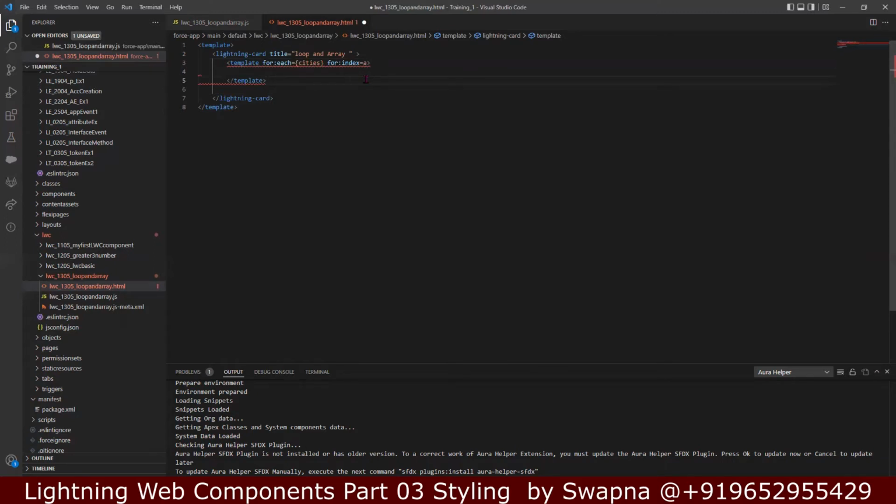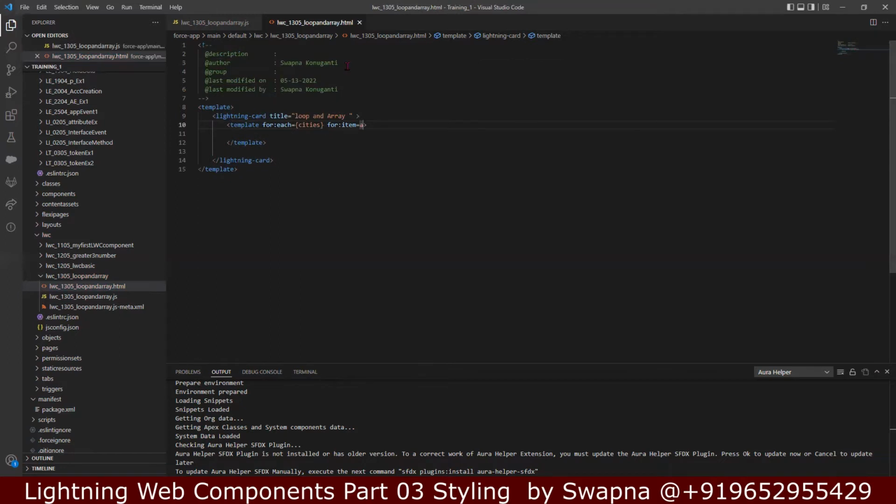Template for each. I think for item, and we need to. Sorry, yeah. For item equal to A. Right. So now I have a template. Inside this template, I'm looping through my array cities, and I have given the name A to each item, right? So let me print that A,